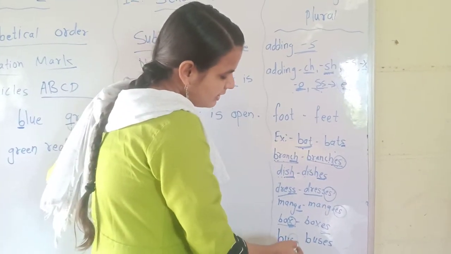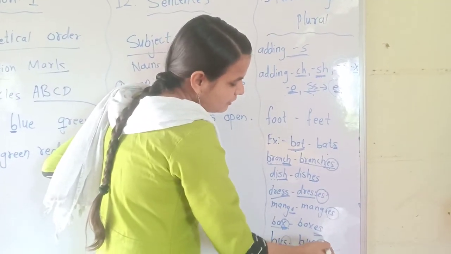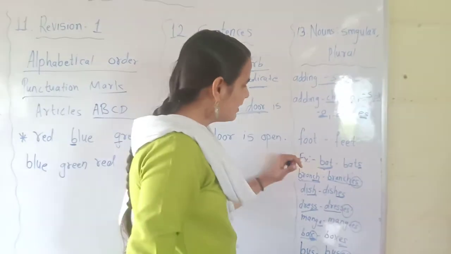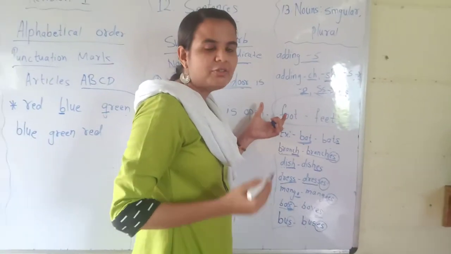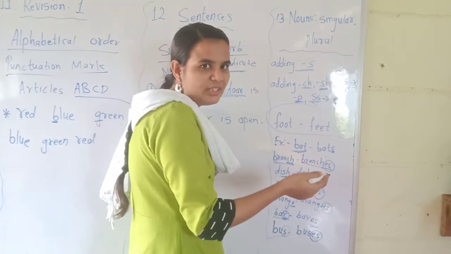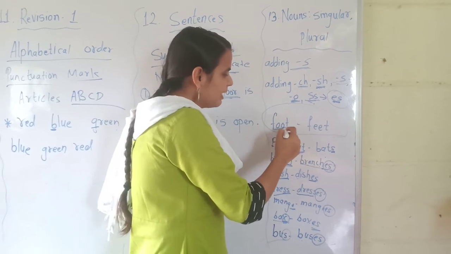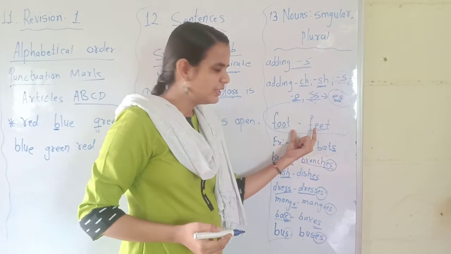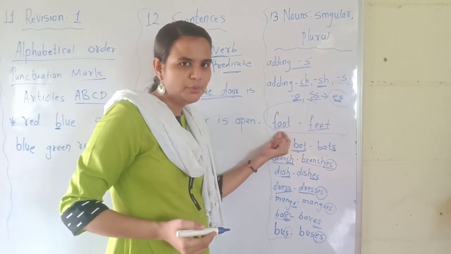Bus. This is ending with the letter S. Okay. So what will you do to make it plural? You will add es to it and the plural will become buses. Okay. Apart from this, we have seen in the last one about the irregular plurals. Means where you have to make the plural of some words, the entire spelling will change. Okay. So like if one, you will call it foot. Okay. But if more than one foot, you will call it feet. Okay. We all have 2 feet. So we will call it 2 feet. Okay. If one, we will call it 1 foot.